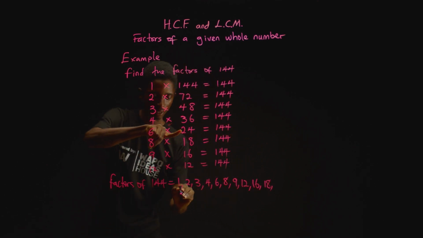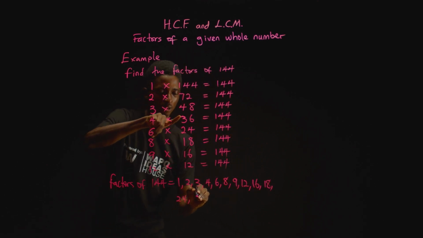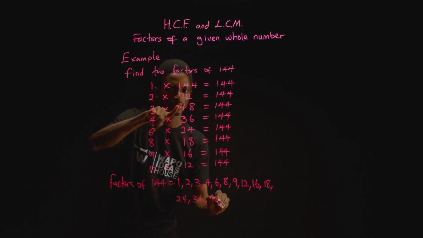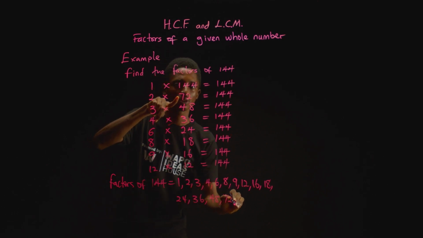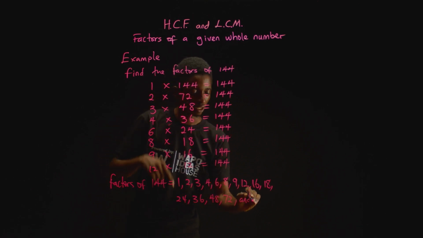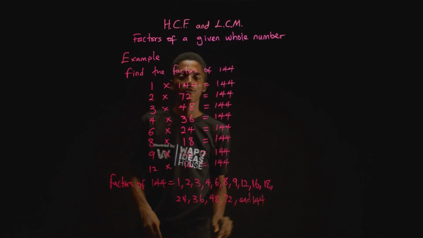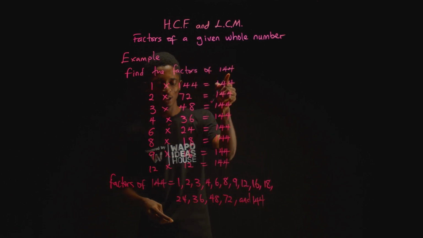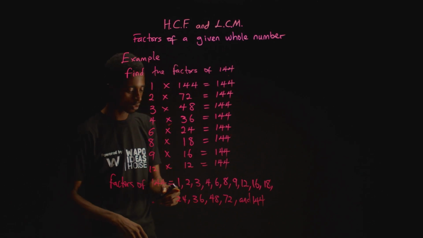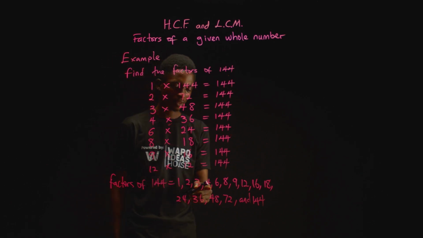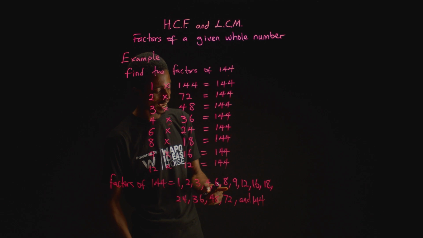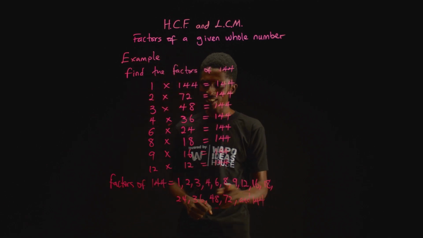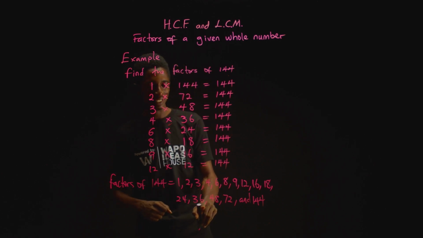18, 24, 36, 48, 72, and 144. That is, the factors of 144 are 1, 2, 3, 4, 6, 8, 9, 12, 16, 18, 24, 36,